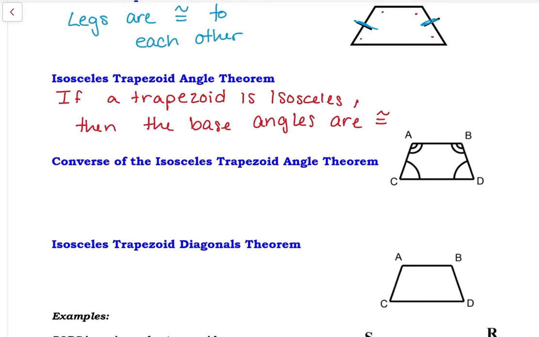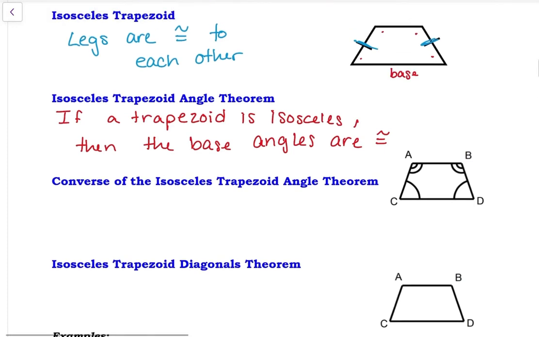The base angles are going to be the two angles lined up on the same base. So remember, this is a base, and then the top one is a base. Which means that these two angles at the top are base angles, and then these two angles at the bottom are base angles. And if the trapezoid is an isosceles trapezoid, then those pairs of base angles are going to